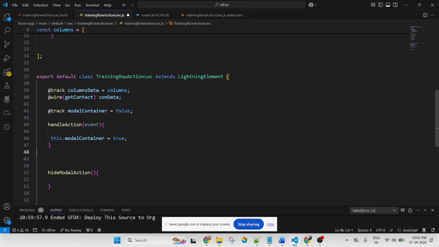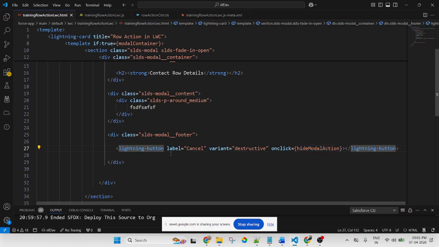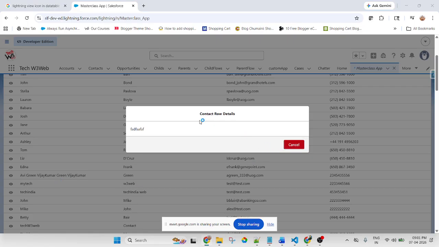If you hide the modal pop-up, you pass false. Simply copy this and paste it here and pass the value false. The modal pop-up will automatically hide when you click on this button. I apply this function to the cancel button here. So the cancel button is done.